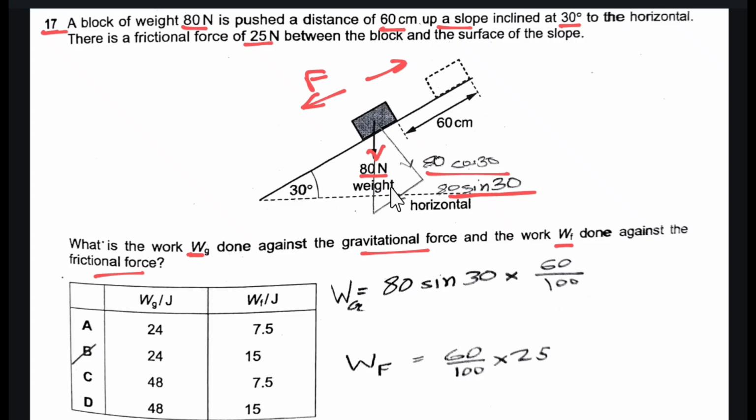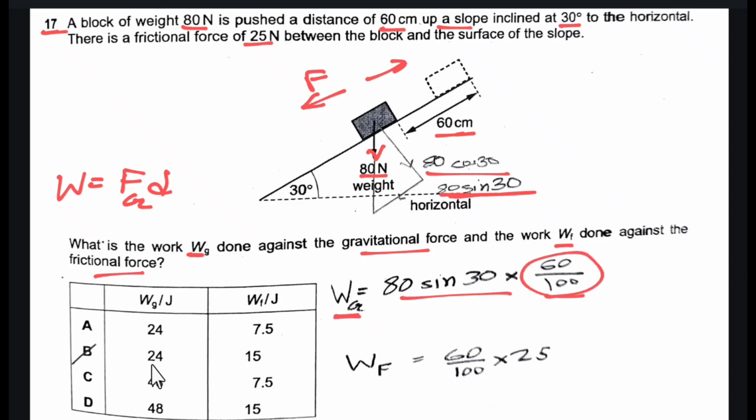Work done is equal to force times distance, and it must be the gravitational force. So the gravitational force with respect to the plane is 80 sin 30, and the distance moved in the direction of the force is 60 cm, and we must convert the centimeter to meter. So work done